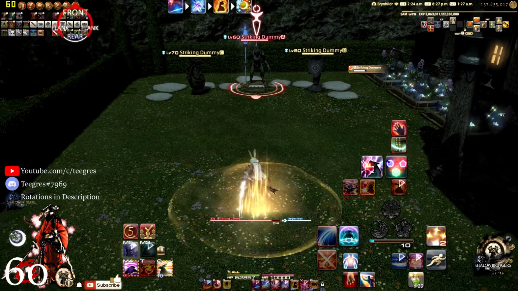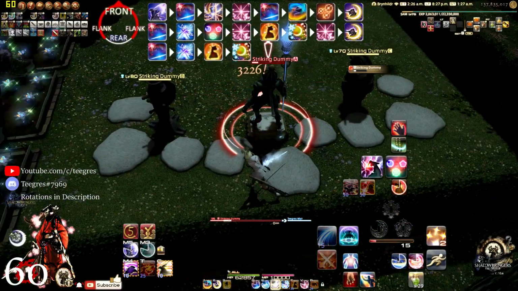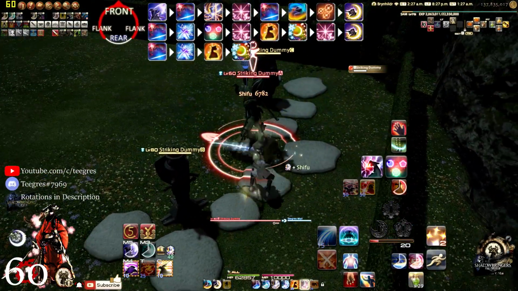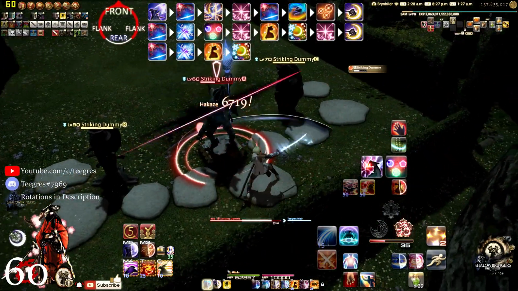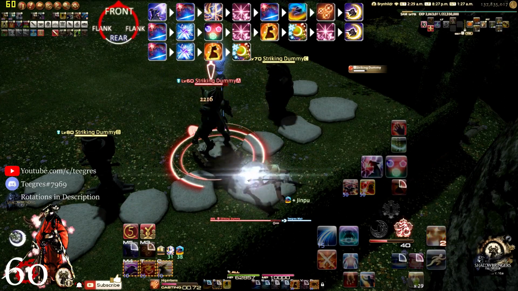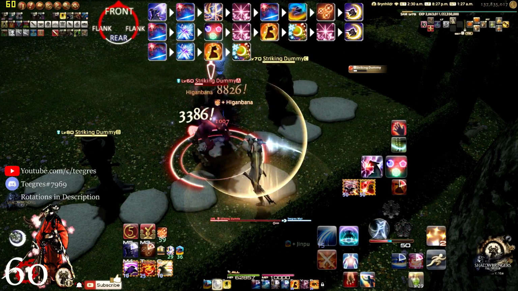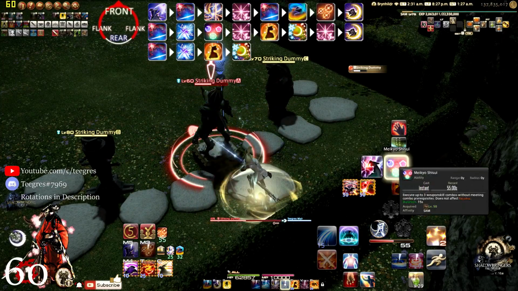We're going to do our MP. We're going to get into melee range. We're going to do our Kasha rotation. Let's get that Kasha going. Then we're going to go back into our Jinpu. Do that Higanbana. Let's finish it off with our Gekko. Let's go into a Yukikaze rotation. And we're going to Meikyo